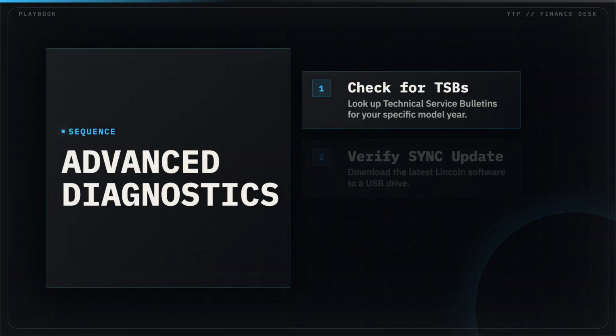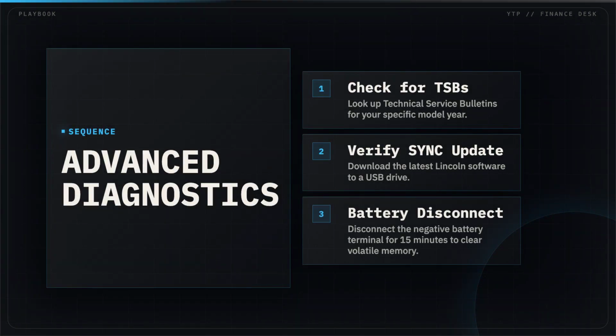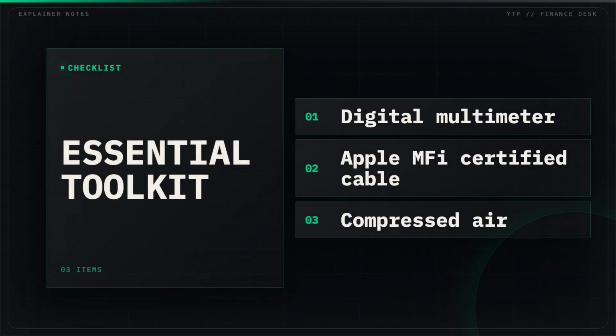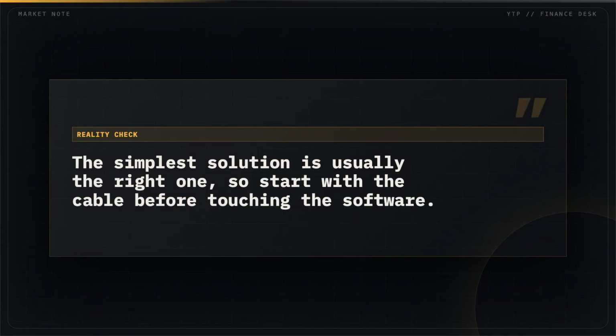If problems persist, check for official Lincoln software updates or perform a hard power cycle by disconnecting the negative battery terminal. Keep a high-quality certified cable and a can of compressed air for your ports as part of your standard glove box kit. Always remember, the simplest solution is usually the right one, so start with your cable before diving